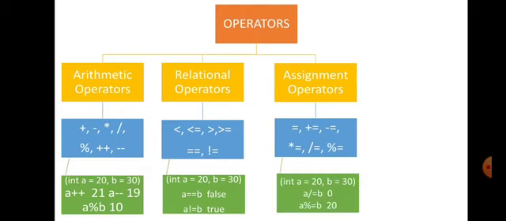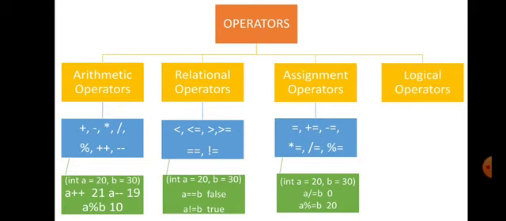Let us see with an example. A is 20, B is 30. A slash equal to B means A equal to A slash B. What is A? A is 20. 20 slash 30. Now what is the divided value? That is the quotient value. The quotient value is 0 because it is not divisible. So the quotient is 0. But look at the remainder value. The remainder value is 20. And finally that remainder value goes with the modulo symbol, which is the percentage symbol.